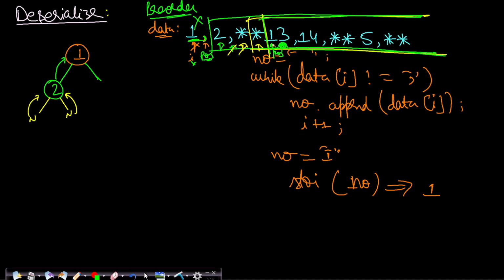Extract the entire number. So I'll use the while loop to extract the number, and I will reach the comma, and I would have extracted 13, so I'll put 13 here. Now I will make the left call and I will have to skip the comma. So when I skip the comma, it will totally be trimmed and my data part will start from 1.